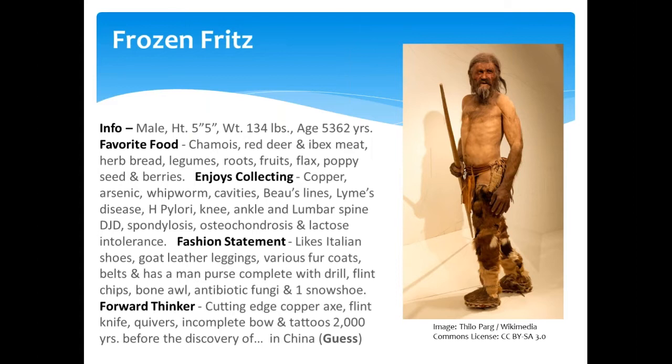But the most fascinating is that the acupuncture tattoo marks on the arms and legs were consistent for most of this person's conditions and injuries, and appeared on this person 2,000 years before acupuncture arrived in China from a population that wasn't known to travel very far from their location. So the point of this particular client is to indicate that